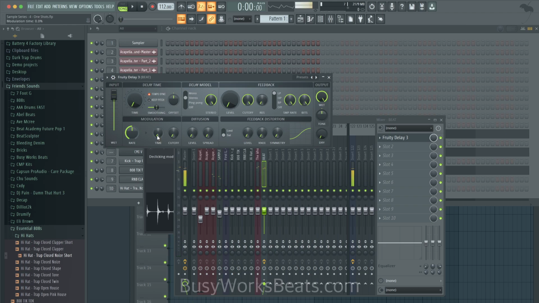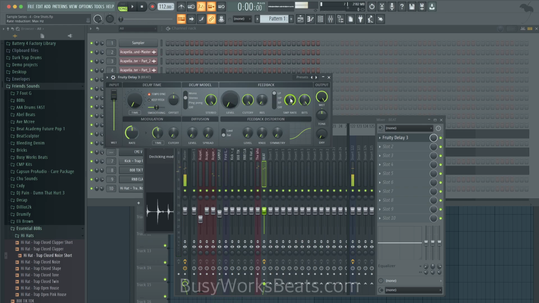Now, next thing we could do is use what's called time modulation. So this is when it creates a pitch bend effect. You can hear it going, so that's mimicking what's called the wow effect in tape. You just want to pull it back so it's less dramatic. You'd be surprised those small pitch changes grip the ear and make people listen. So that's not the only thing you could do.